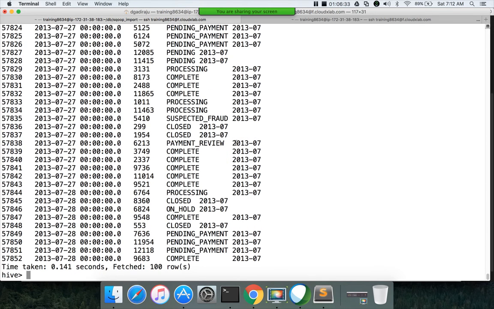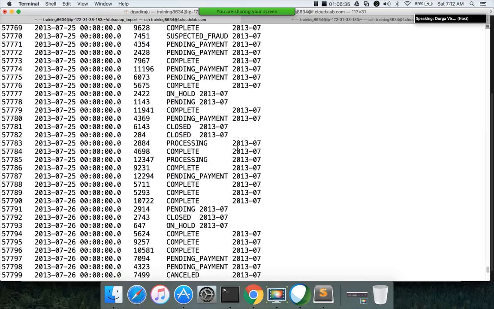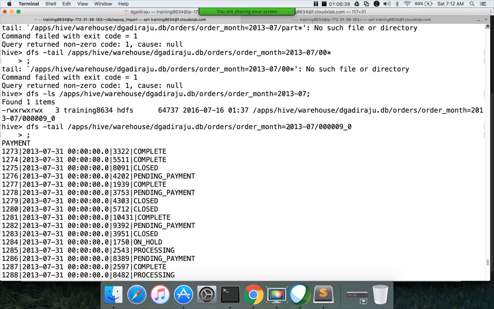So where did this fifth column come from? The fifth column came from the directory name. The partitioned values are stored in the directory names themselves. Physically it will not be stored as part of the files which store the data for the rest of the columns. So this is how data is stored internally in HDFS.